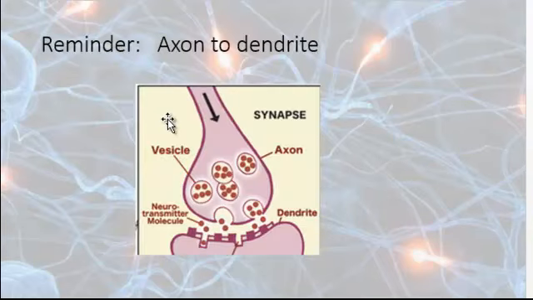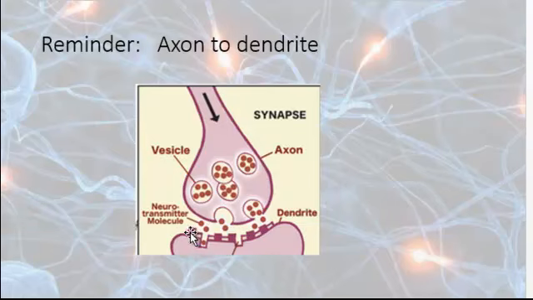So in this case, we have the axon with its electrical message going through the ends of it, into the dendrite of the receiving axon. The first area is called the presynaptic neuron, and the area that's receiving is the postsynaptic neuron. Inside the presynaptic neuron, you have vesicles that are filled with all those wonderful neurotransmitters. When that impulse occurs, those neurotransmitters are released and they bind with receptors on the postsynaptic neuron, which would